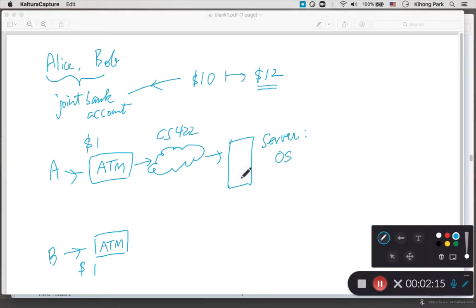It could be Linux, which is very popular. And here is Bob, who is also connected to the network through this ATM machine, which runs software called network protocols that then again reach this server. So this server is the clearinghouse of all these transactions, deposits,